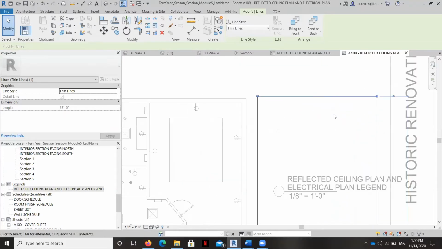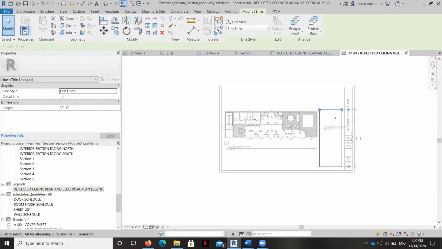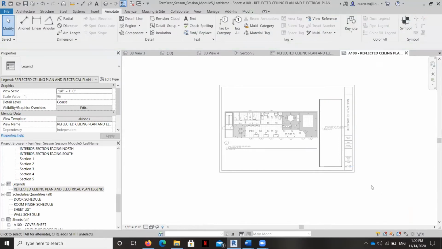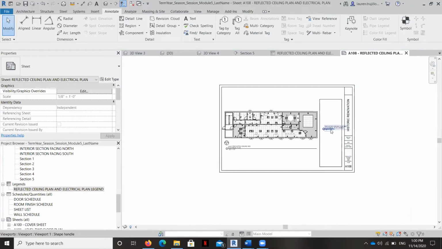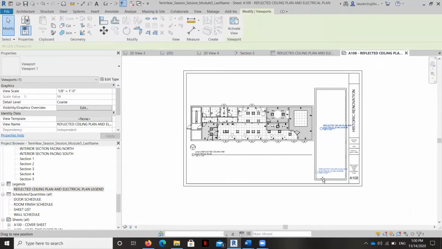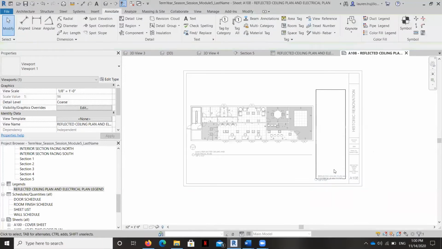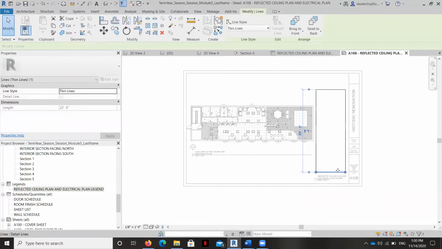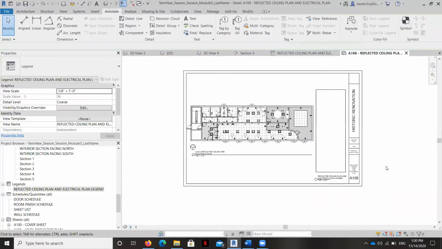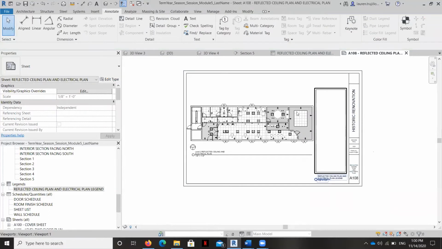So normally we have room in our legend to put some notes, but we may have to do a note text box on this reflected ceiling plan sheet because I don't think we're going to have room for it here. But now that we've got the box that indicates how much room we have, I'm going to go ahead and move this down, change my box just a little bit more to make room for that title. And that's where we're going to start with our legend.